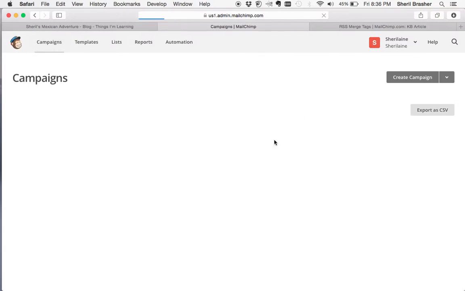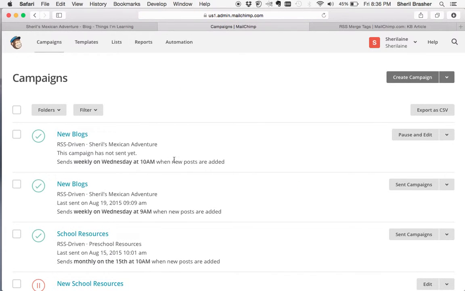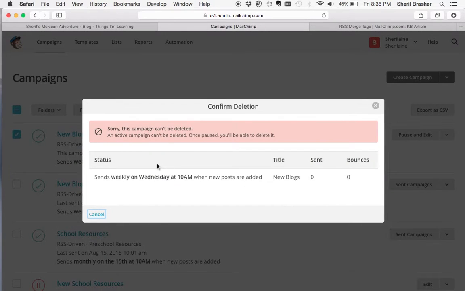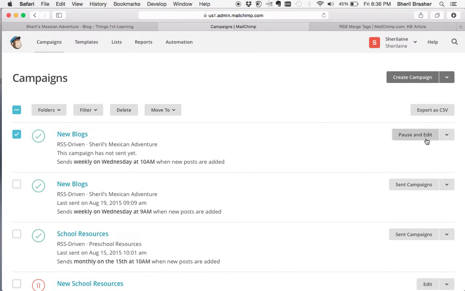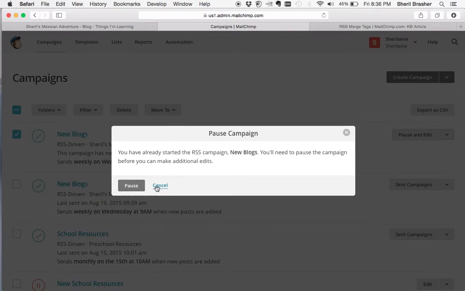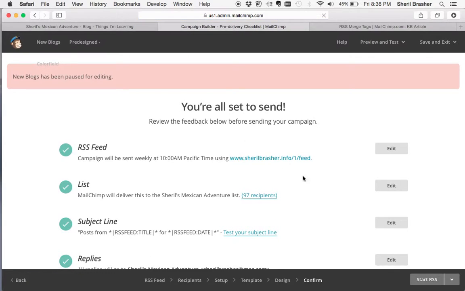So then you can go to campaigns, and then you can see this is the one I just did. I'm actually going to delete that one because it's a duplicate. So to delete something, you click on the little box, and then you click delete, and then it's going to say, oh no, it can't be deleted because it's active. So I'm going to pause and edit. So I'm going to pause it, and then I'm going to